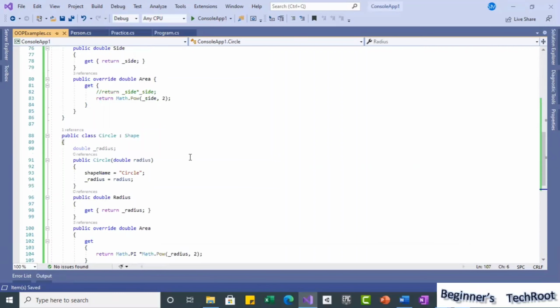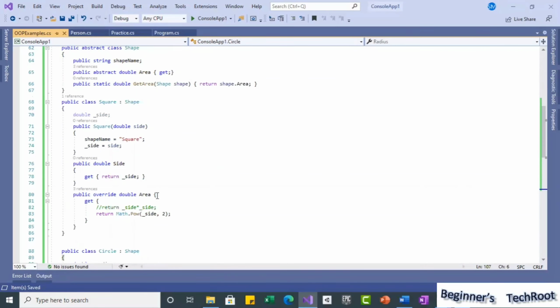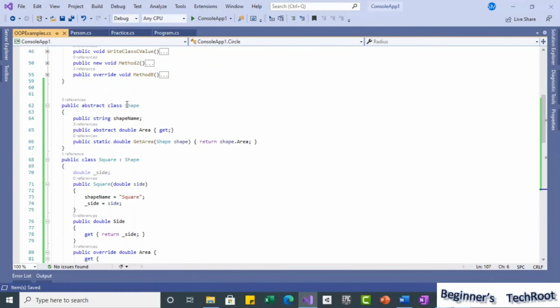See now, I hope everyone understood these three classes. This is the base class, we used abstract, and this method we didn't implement, we left it for the derived class to implement. Why? Because whichever shape the derived class knows, that class can implement the area. That is the reason we did not implement it here.